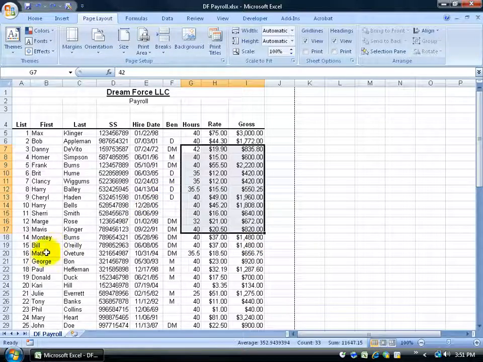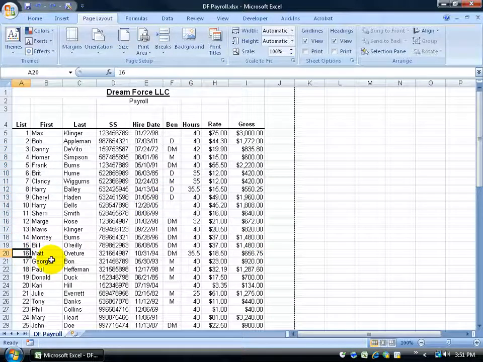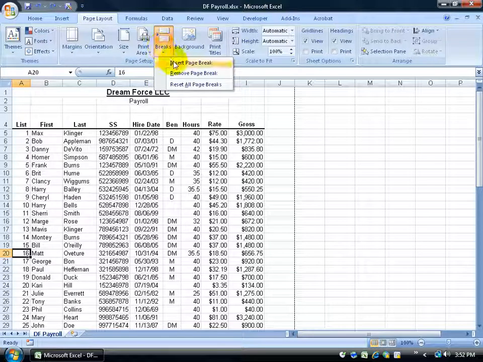I'm going to come back in here and let's say I want to insert the break, or I want the break to appear between Bill and Matt, employee number 15 and 16 in row 19 and 20. I'm going to click in the furthest cell to the left so it just breaks horizontally and not vertically, because there's nothing to the left here but the row headers that it can break vertically. So after I click here, I'll come up here, click on the Breaks button, go down to Insert Page Break,